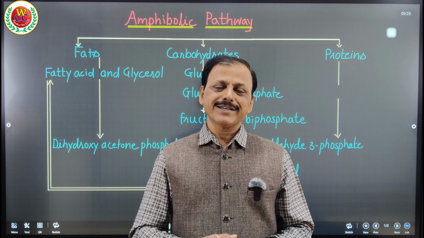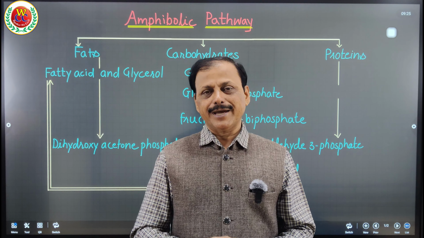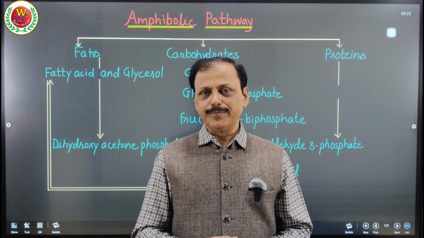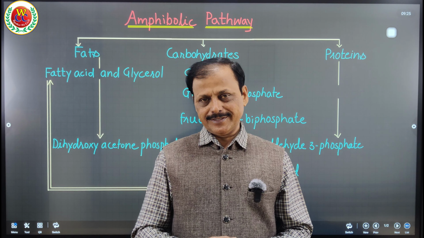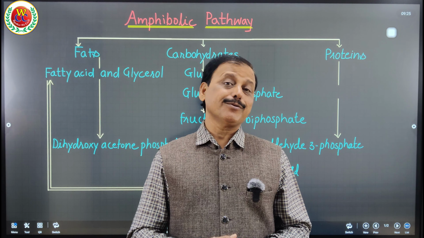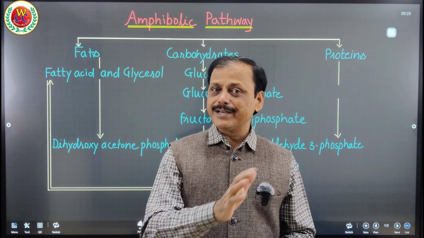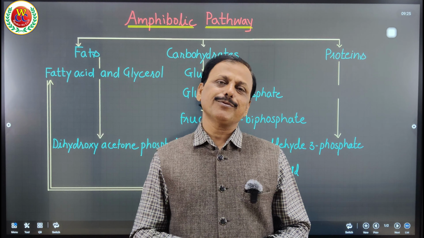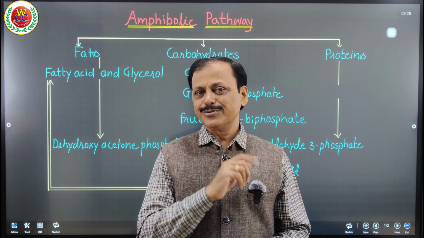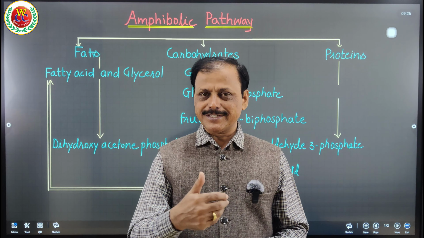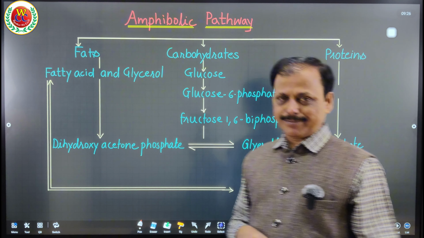As a part of the series of lectures, today's topic is Amphibolic Pathway. As we learn respiration, aerobic as well as anaerobic respiration, we know that respiration is an oxidation process, can be called a catabolic reaction because of stepwise breakdown. Any complex molecule breaking into simple ones, that we call catabolic reactions, but it is not so. Sometimes in respiration, somewhere anabolic process also occurs, and that is what is clearly mentioned in this amphibolic pathway.